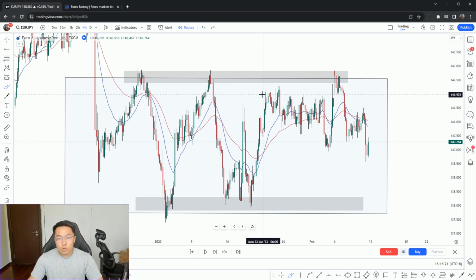The problem is, most people just don't have the patience to wait for price to go to the level, because we are all reactive. Reactive as in we see price do something, and we have the urge to quickly jump onto the chart. So for this one,